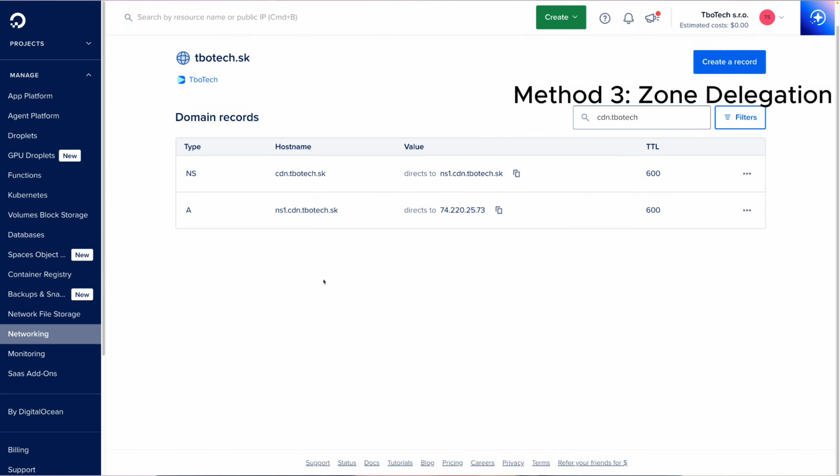The third method completely hides the underlying CDN's infrastructure. For this method, we have to delegate a subzone on our parent domain to the CDN's DNS infra. This can be achieved by setting up the correct NS records. For this use case, we will be using the domain cdn.tbiotech.sk, which has to be set up as an NS record pointing to